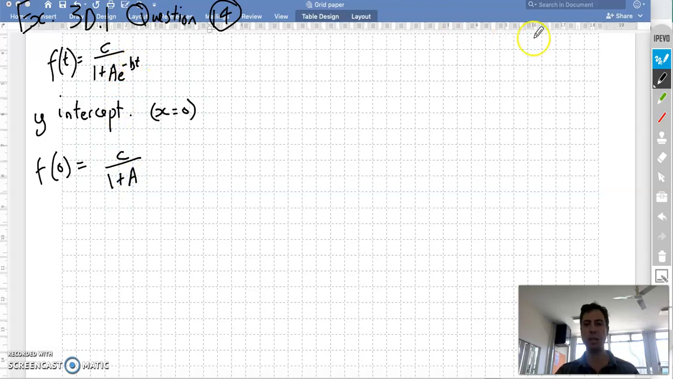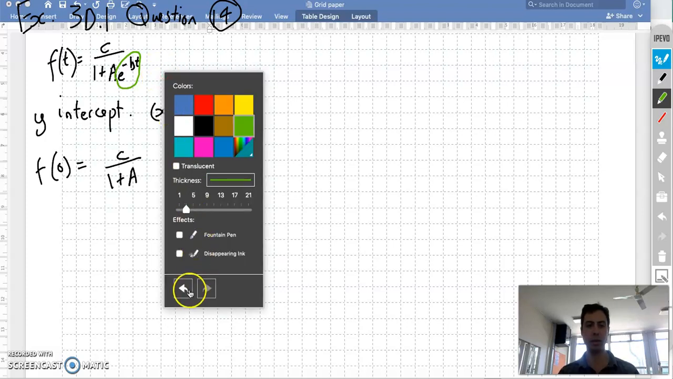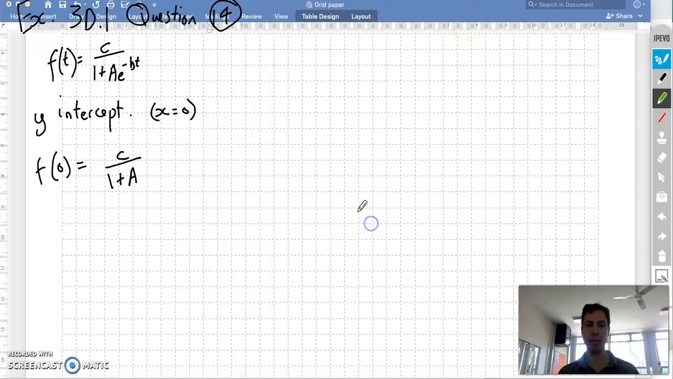So let's change colours. All of that there will equal 1. And I'm going to try and just undo that drawing if I can. Oh, there we go, because I want to keep that function as it is. These logistic functions are really interesting. The y-intercept here, c on 1 plus a, they're used to model